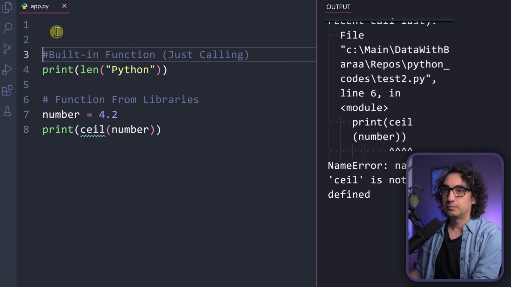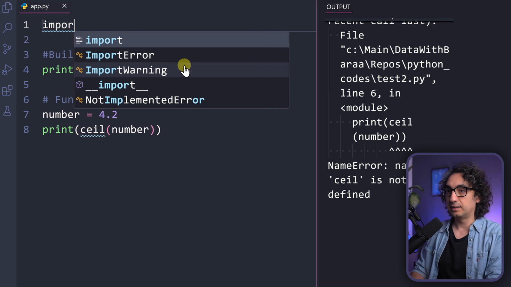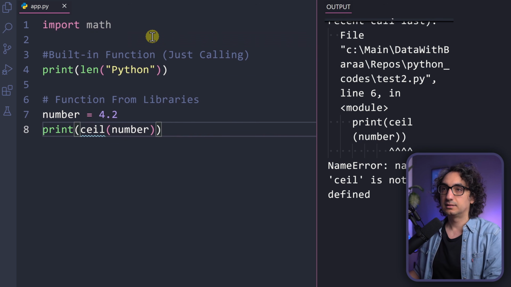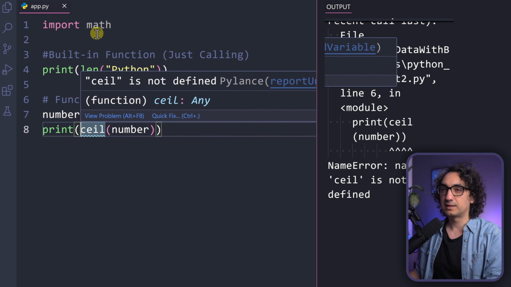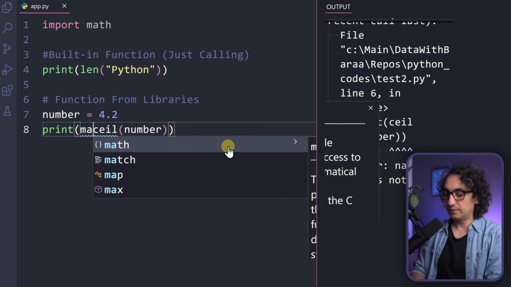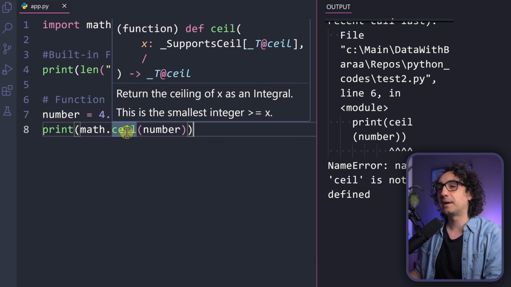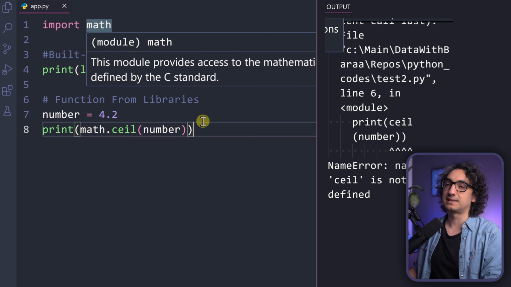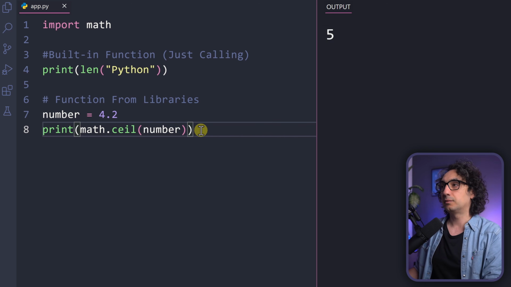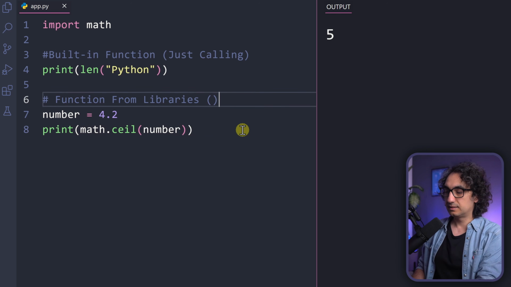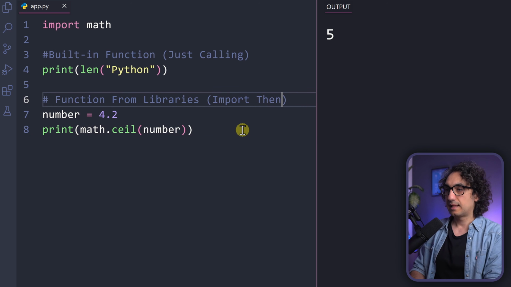So what we're gonna do, we usually do it at the start. So we're gonna go and import the module math. And in order to tell Python that this function comes from this module, we have to put before it math dot. And now it is green. And now Python can understand this comes from the standard library. So if you go and execute it, you will not get an error. And we are getting now a whole number using a ceiling. That means we are first importing and then we call.